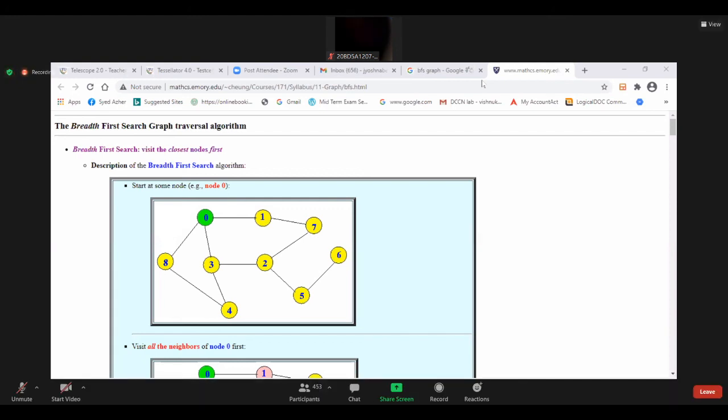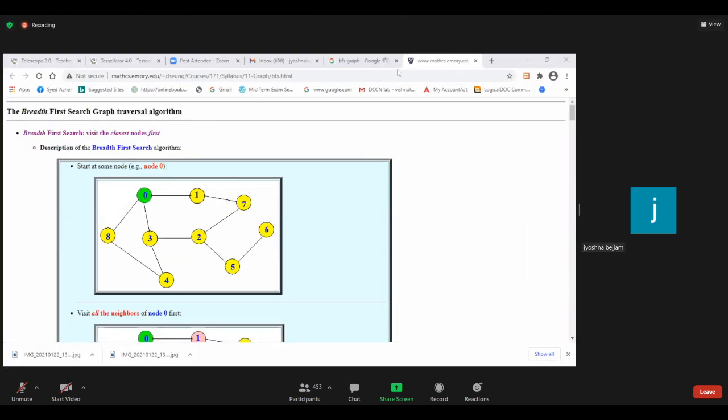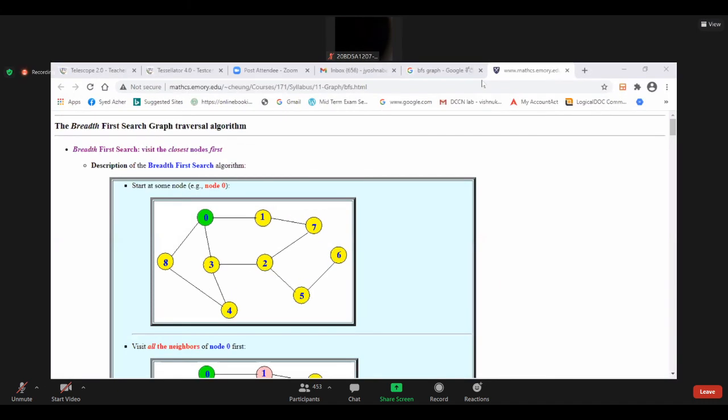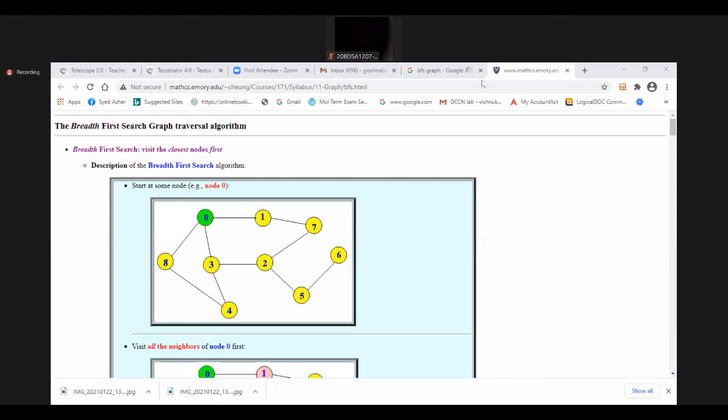2. Then next, which item? 4 or 2? If you store in the order 2, 4, it will be 2. If you store 4, 2, it will be 4. It's not an issue. Suppose I choose 2, then what are the adjacent vertices for 2? 5 and 7. 7 is visited, so I'll keep 5 in the queue. Agree?